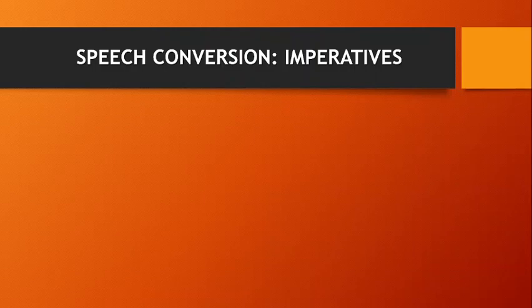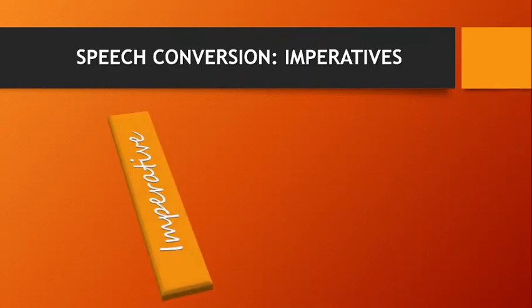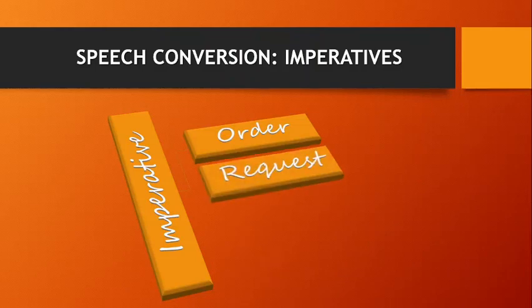Basically, what are imperative sentences, and more importantly, what do they do? Now, imperative sentences, if you remember, like when we learned about sentence types: assertive sentence, interrogative sentence, imperative sentence, optative sentence, exclamatory sentence, each kind of sentence has its own role to play, its own function. Now the function of imperatives is to give us some idea of order or request or perhaps advice.